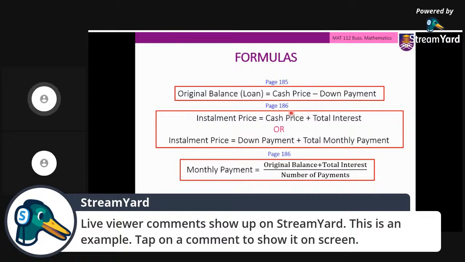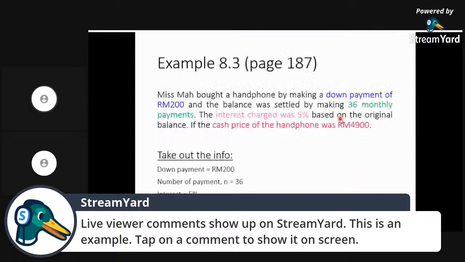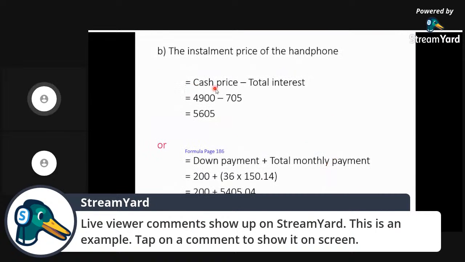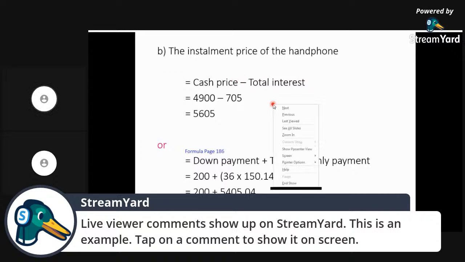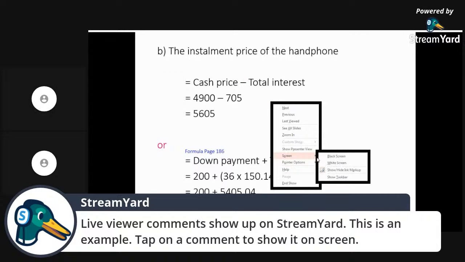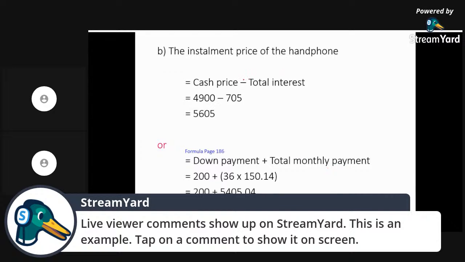Okay, sebab we already know our cash price and total interest. So we just add up our cash price and total interest. So this one is a plus, okay, not minus. So please correct this one, okay, plus. So we have 5605. So let's say you want to use the second formula pun boleh, which is down payment